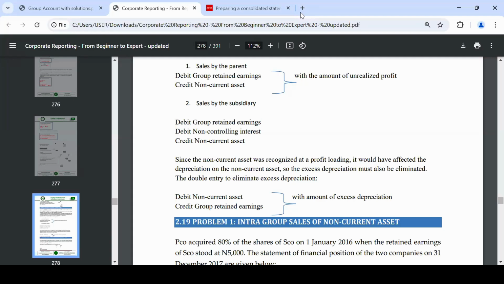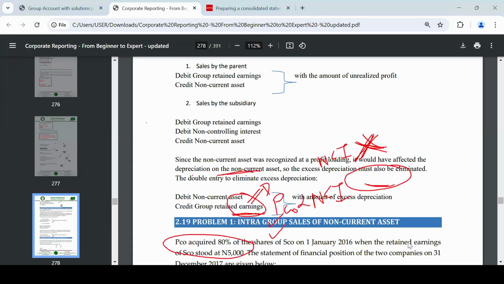Okay. What we are saying here is this. We are trying to trigger a situation. What would have been done when calculating the profit on disposal is this. If you still remember our basic FA, what would have been done is this. You would have said, I'm going to take the